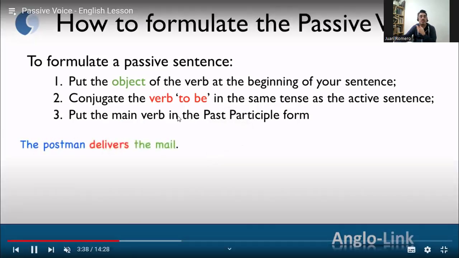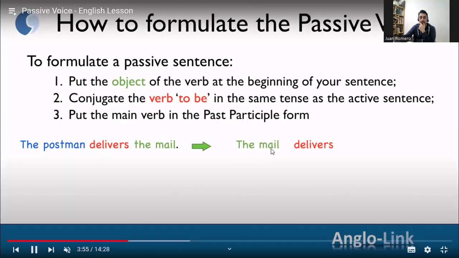The postman delivers the mail. The postman does this usually, so it is present simple. If you take it to the passive voice, the postman is the subject, the action, and the mail is the object. If you want to pass it to passive voice, you say, the mail,